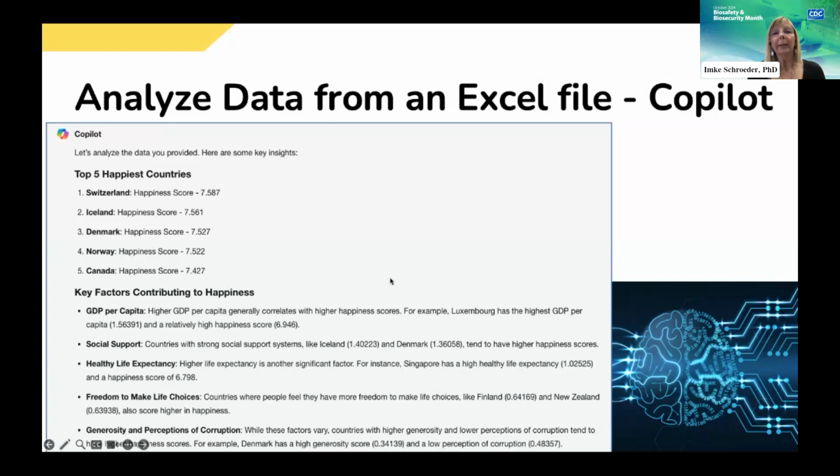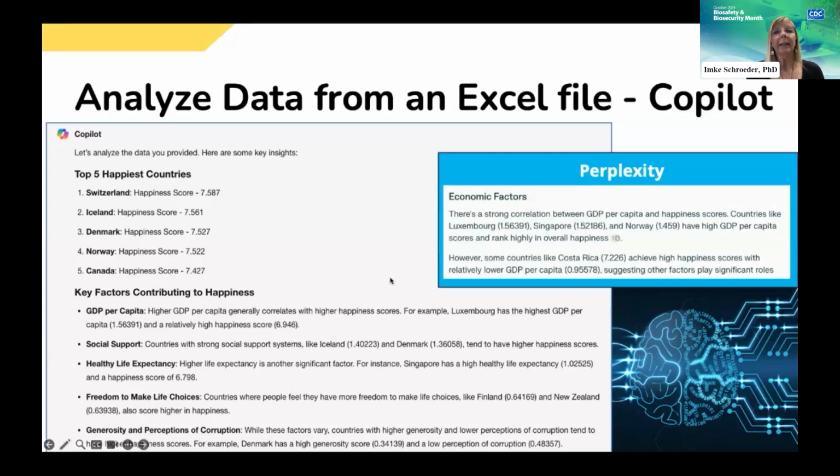And I performed the same analysis side by side with Perplexity. And Perplexity really comes up with very similar analyses, very similar output, but has a slightly different take maybe. So for example, here it lists also again a strong correlation between GDP per capita and happiness.